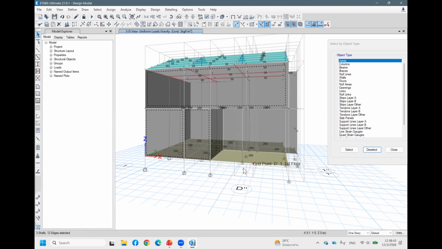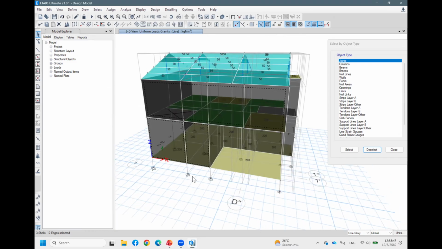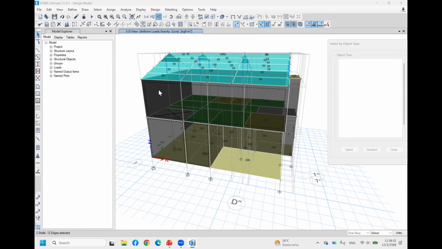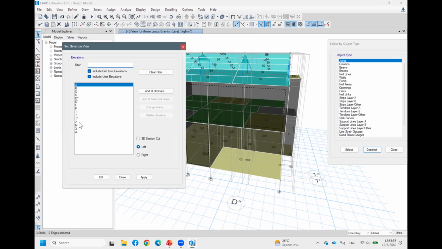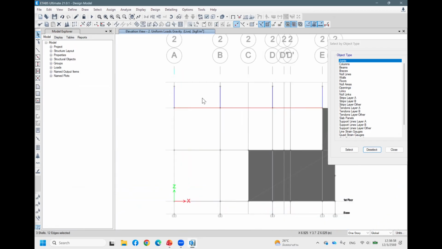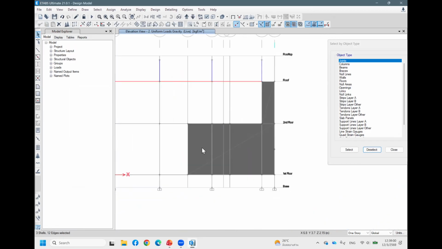This is line 2. Okay. Select the wall and 3D again,